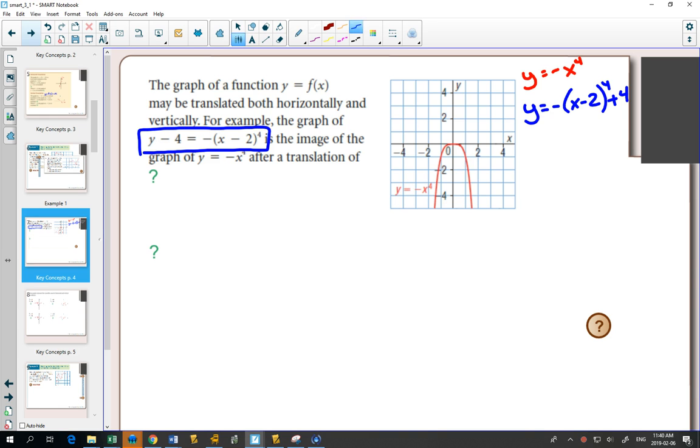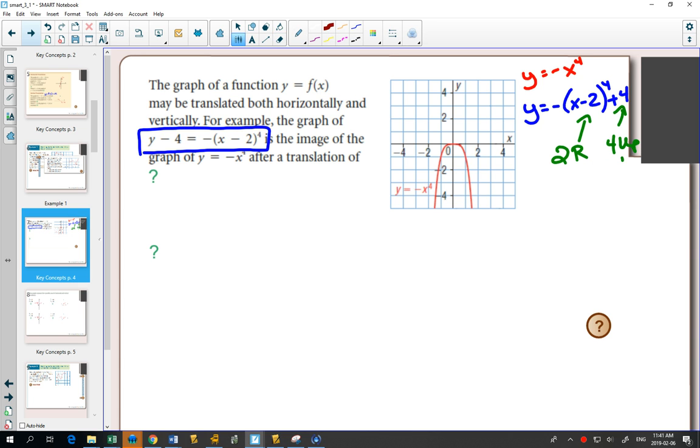So just looking at the equations, we want to see what's the same, what's different. Well, we have a negative out in front in both of them. We have an exponent of 4 in both of them. That's what's the same. What's different is now there's an x minus 2 inside where the x was, and there's a plus 4 outside. The minus 2 will move it 2 to the right. The plus 4 will move it